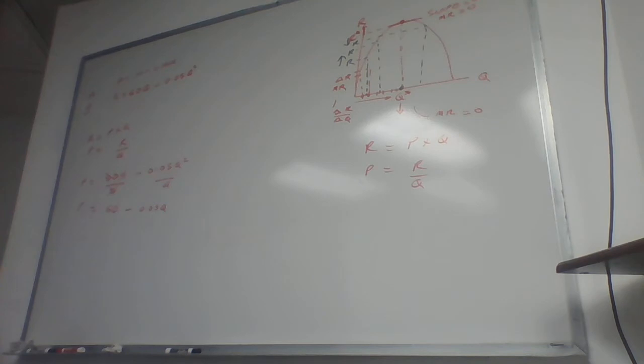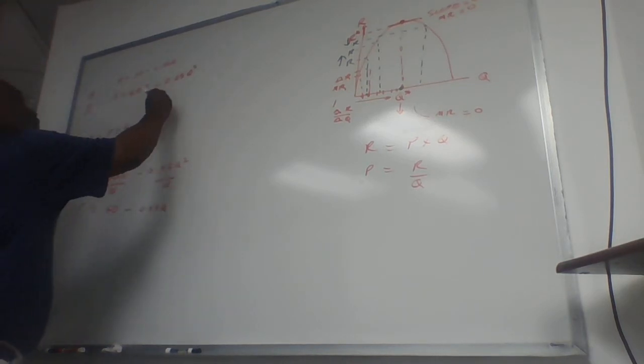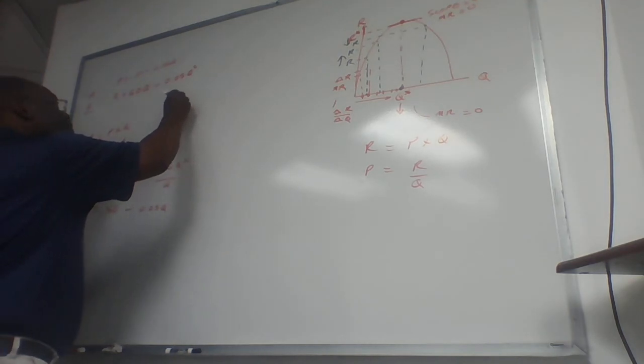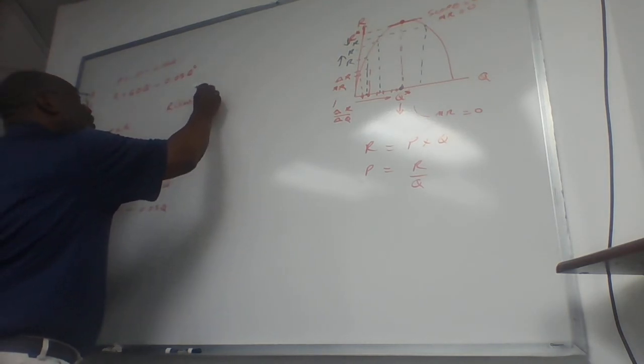The output that will maximize our revenue is 500. Now, what we didn't do was calculate the total revenue generated at that level, because F says total revenue generated when we're producing 500 units. All you have to do is put 500 into the revenue equation. So our revenue when we're producing 500 units is 50 times 500